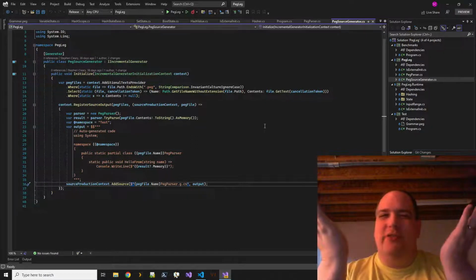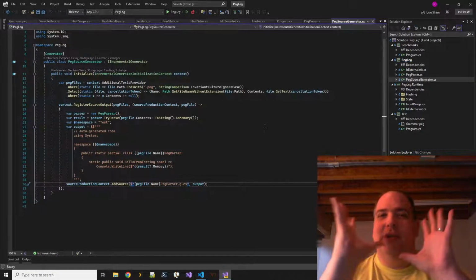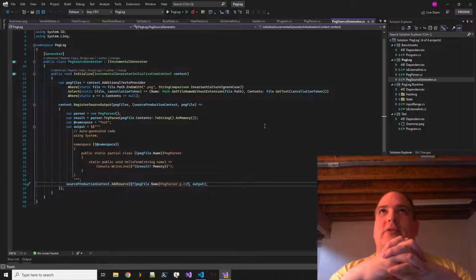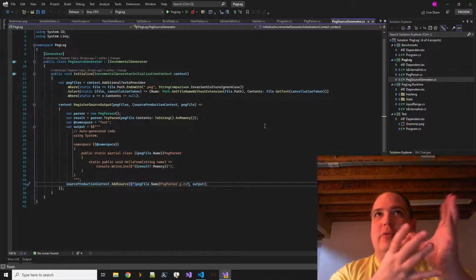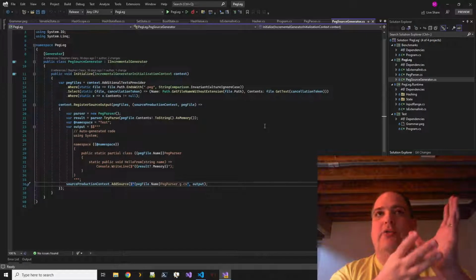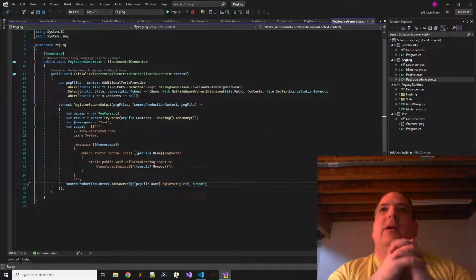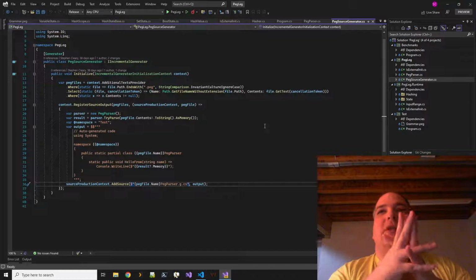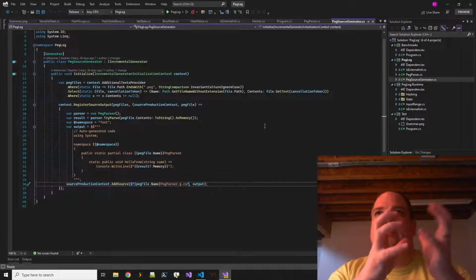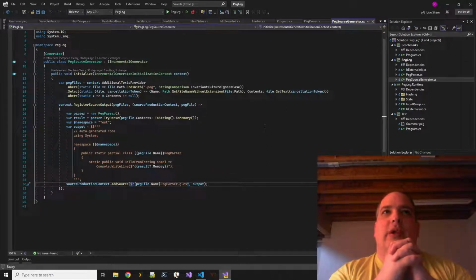And I assume that the reason that restriction exists is because whatever part of Visual Studio is hosting these is probably right now .NET Framework, but they want to eventually make it .NET Core. That's the only possible reason I can think of for having a NetStandard restriction on the source generators. Again, I don't know if that's the case, but I assume so.